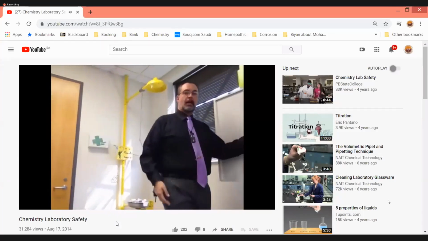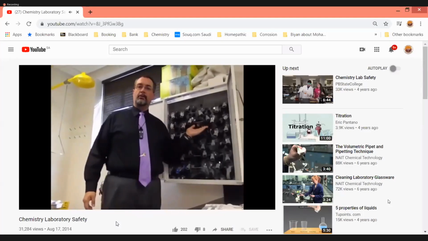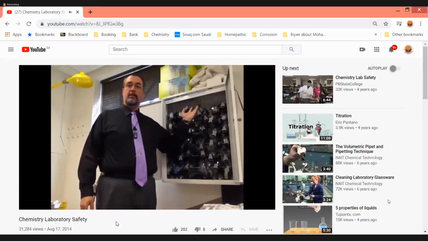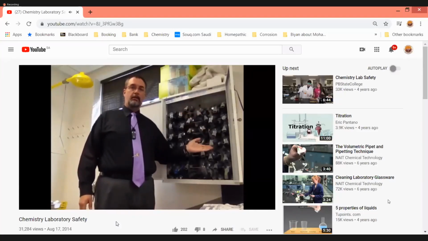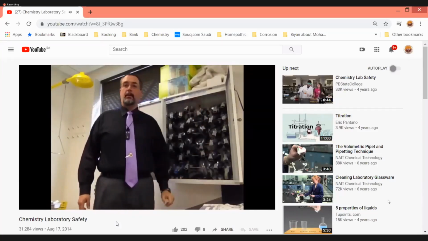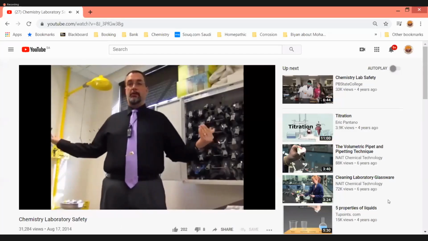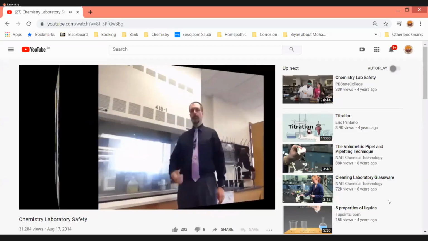And finally, the goggles cabinet, which you will be wearing anytime we do a lab. You'll be wearing some goggles, and this is where they go. They can be disinfected by ultraviolet light. There's a little lamp up in here that allows them to be disinfected once we're done using them. So those are the safety features in this corner of the room.